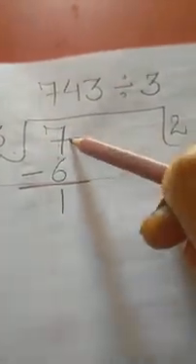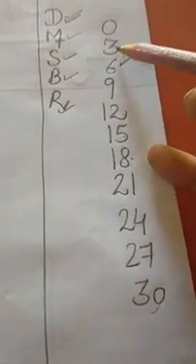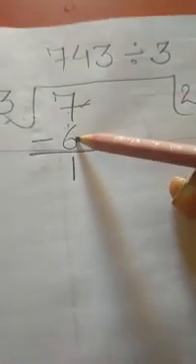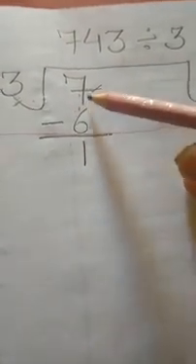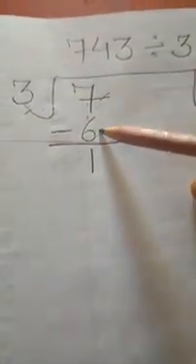Now you can see here is 7. Now see the table of 3. We have to do multiplication, we will find out 7 here, and you can see there is no 7 here. So what can be written under 7 so that it can be subtracted? Because our next step is subtraction. After multiplication, our next step is subtract. So we can do subtraction only when the digit written under 7 is less than 7. So from this table we will find out which number can be written here.